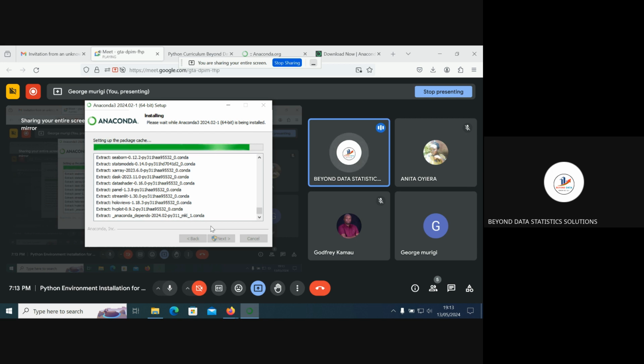Day in, day out during your Python programming time, you will just be able to use Jupyter Notebook. You can just go straight to your search, look for Jupyter Notebook and run it. Not every time will you be running the whole Anaconda, because Anaconda is heavy stuff. As I have just said, it encompasses almost everything that you need to get started in running anything that